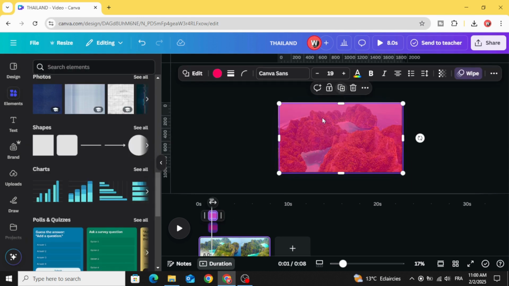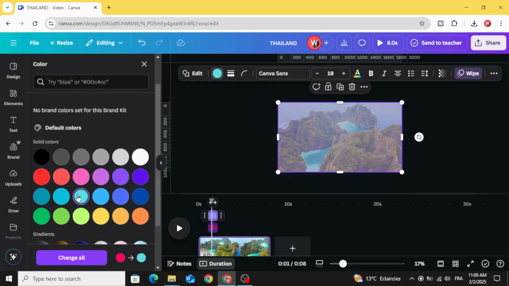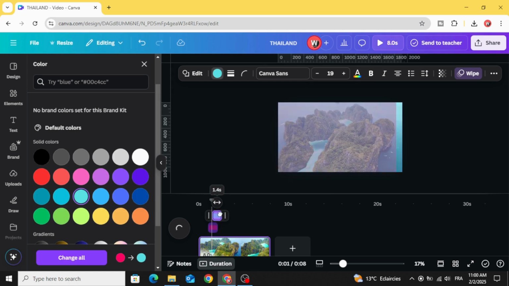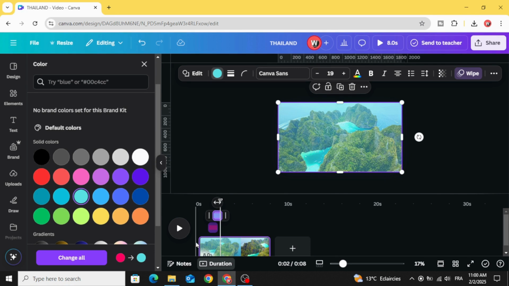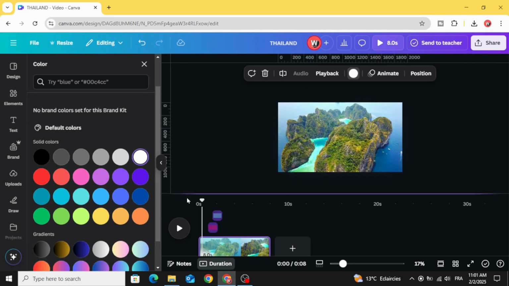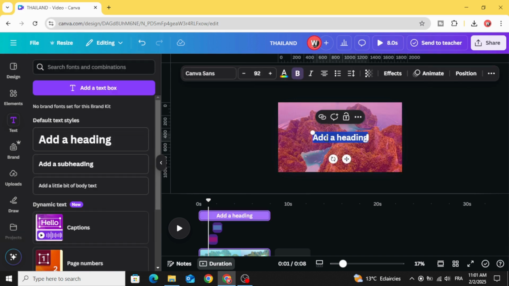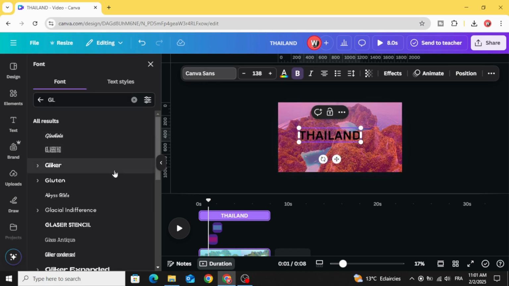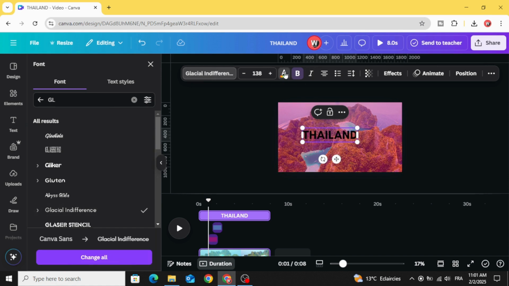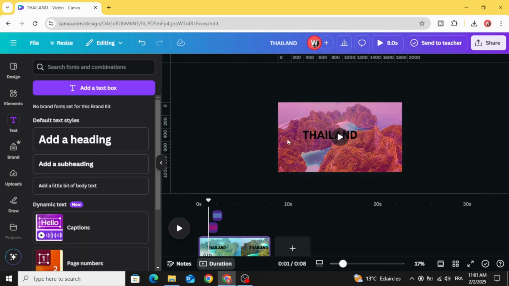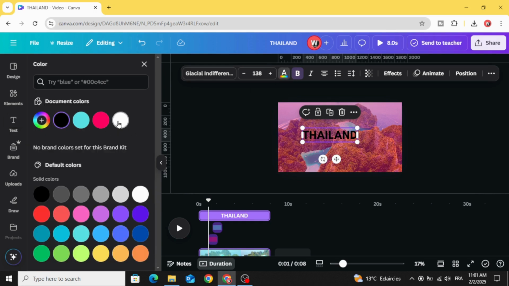And duplicate and change the color and drag it a little bit like this, and add your text and change the color to white,